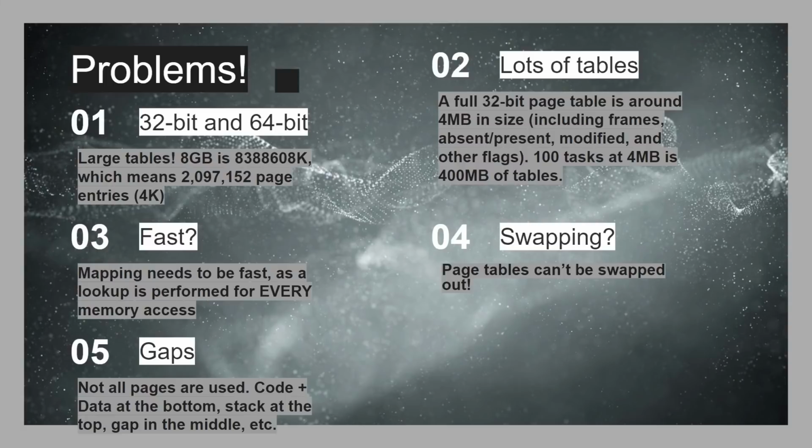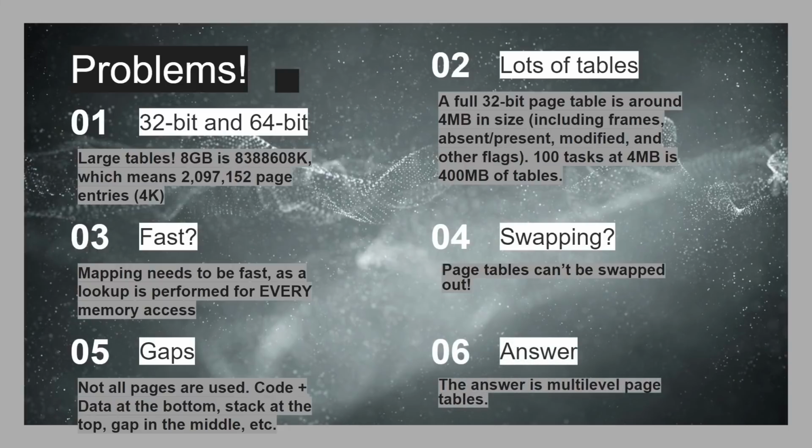So between the stack and the data and the program, there are going to be big gaps, sometimes even 1-2 gigabytes of gaps, and you don't need all those page tables. They can be ignored. You don't need them, but yet, using the method I just described, you need an entry in each one at least to say it's invalid, it's not mapped. So there is another level of a deeper, complex solution which uses the same idea, and that's basically multi-level page tables. So rather than just one big table, you have a hierarchy of one table underneath another,